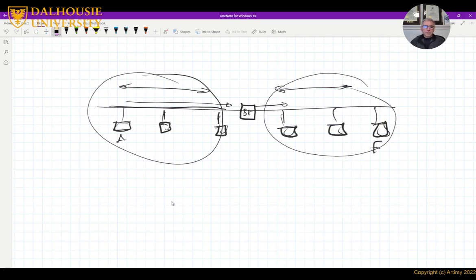The bridge is like any other node. It will read the data, look at it, check if there is no errors in it. If there is errors, we'll drop it the same way. But if there are no errors in it, it will retransmit it on the other interface. So when the signal is retransmitted on the other interface, it's retransmitted as brand new frame, right? So without any noise in it. This means that I can extend my network much longer than a single bus can.